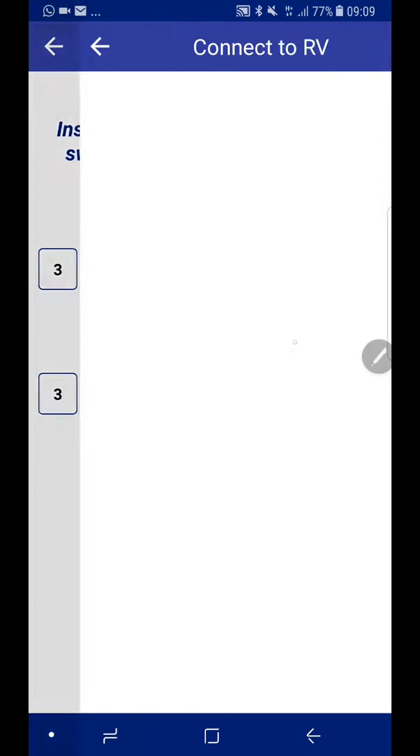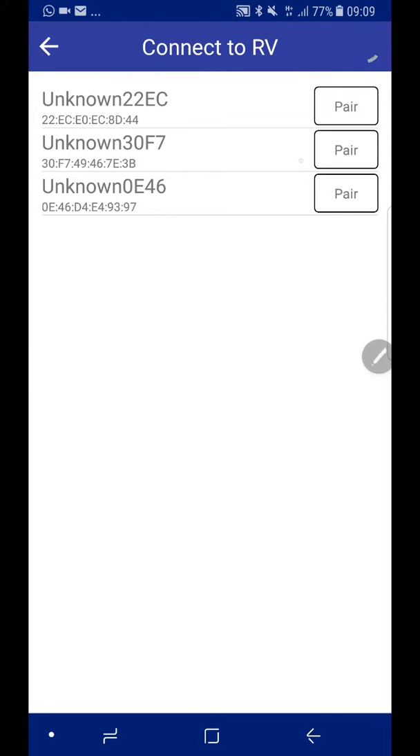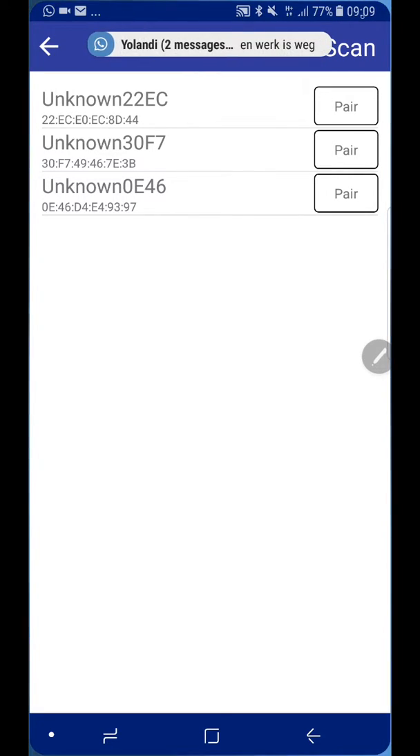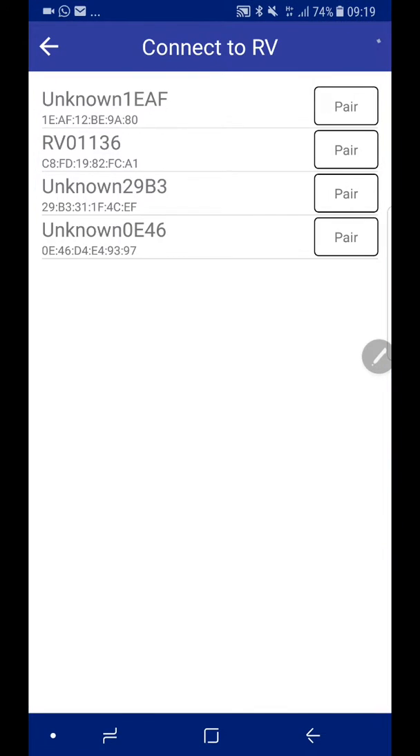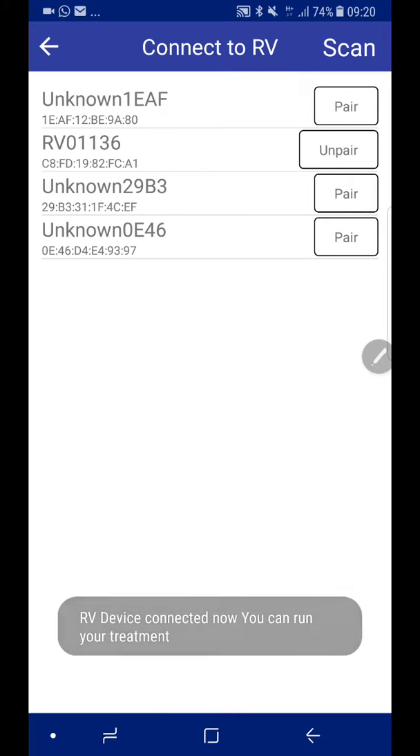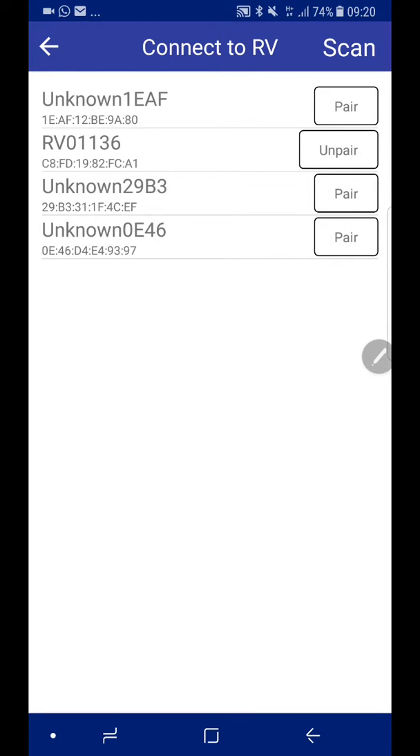So when you go click on pair, you'll be able to see what's in the vicinity. Now, as you can see at the moment, there's no unit on, so it's not showing me RV. And when I switch my unit on, you'd see that it would come back. Now you'll see the RoyalVibe is switched on, and you can see the name showing RV. So what we'll do is we'll just click on pair, and you'll see at the bottom it says it's now